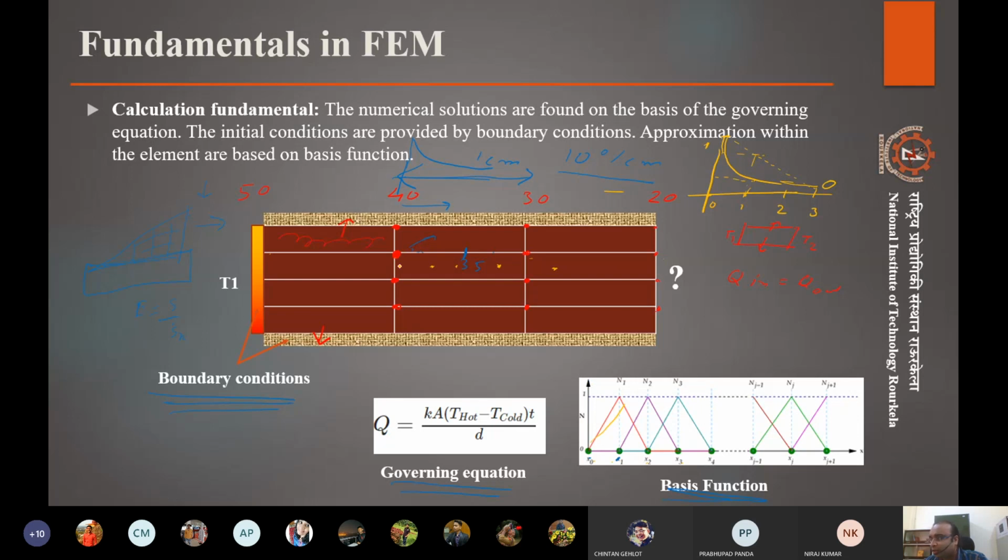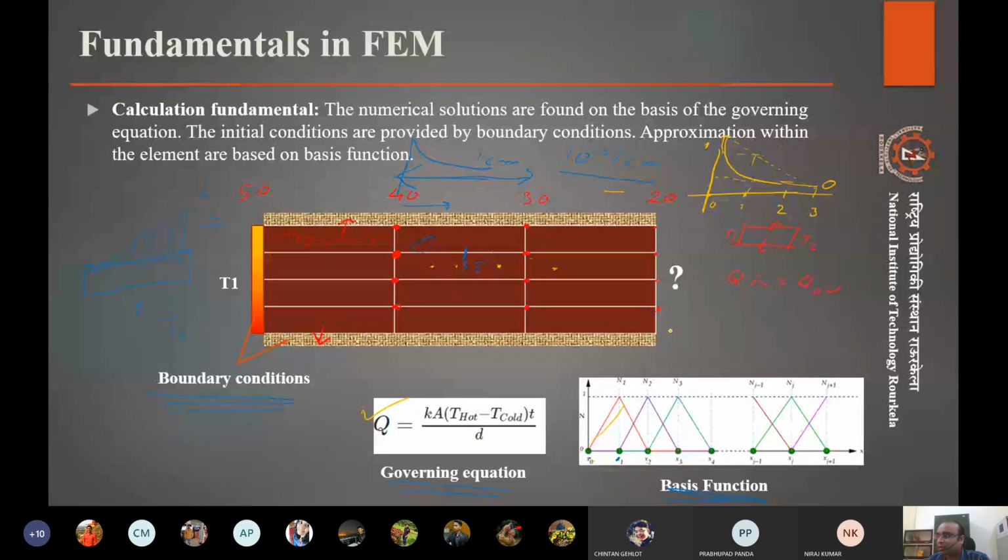How we interpolate the values that we obtained by direct calculations to the values that will be in between. Now the question is: why don't we calculate every point by this equation? It's easy, it can basically calculate every point like this. The problem happens when complexity increases. Here we have hardly 4 into 3, 12 elements and correspondingly fewer nodes, 20 nodes and 12 elements. So complexity is very low.